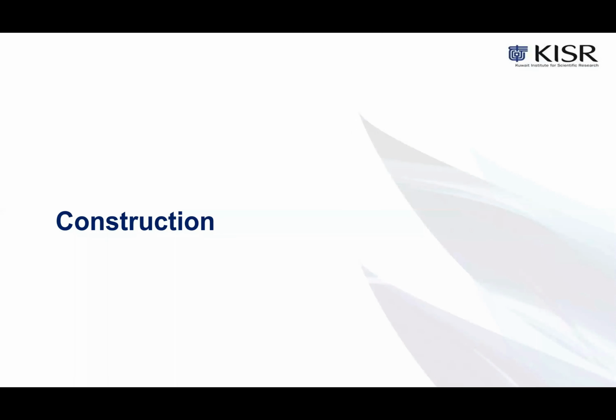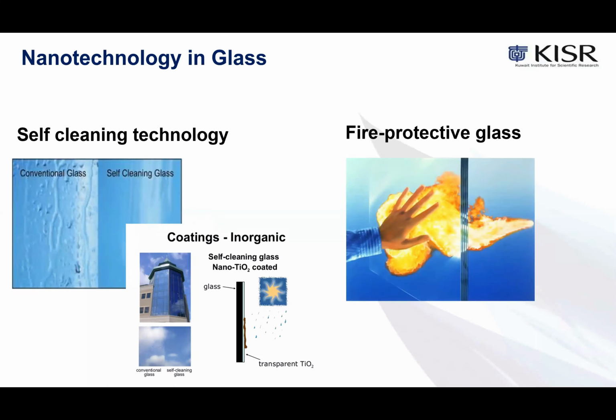Also, nanotechnology can be used in construction. We can see here nanotechnology in glass. The glass incorporating self-cleaning technology is available already on the market. By coating the surface with titanium oxide particles, it will help to ensure that the surfaces are highly clean. Another idea is fire-protective glass, which is another application. This can be achieved by using a layer sandwiched between glass panels formed of foamed silicon nanoparticles, which will turn into a rigid and opaque fire shield when heated.